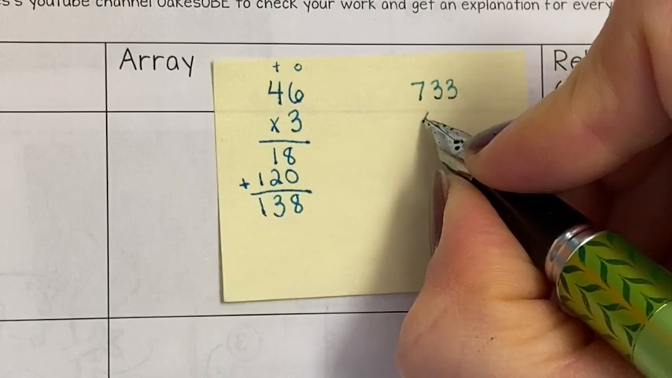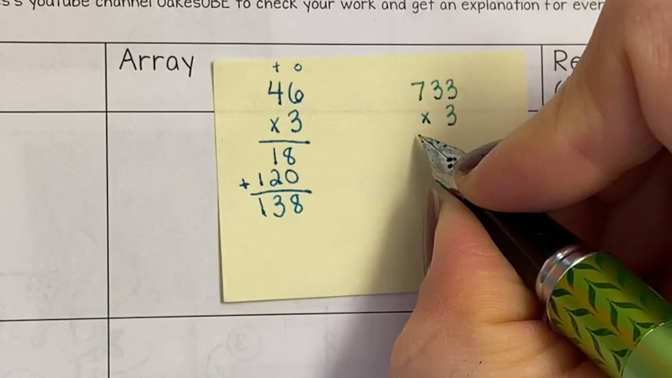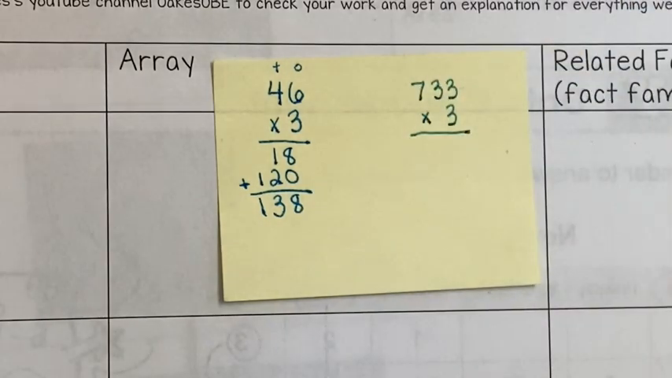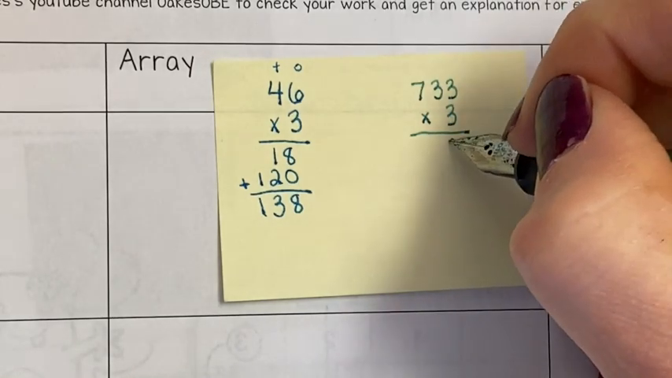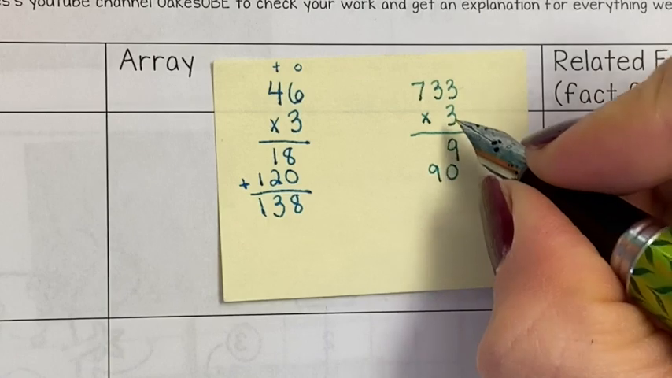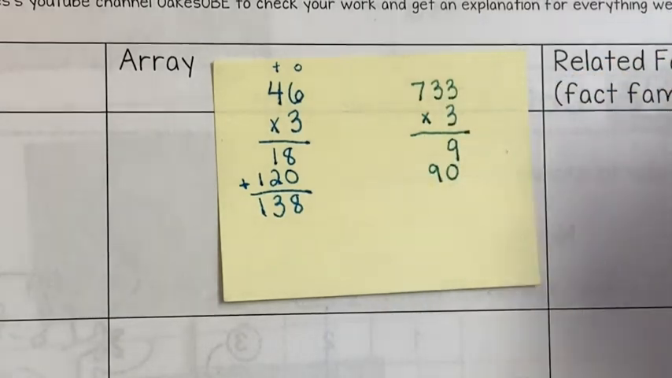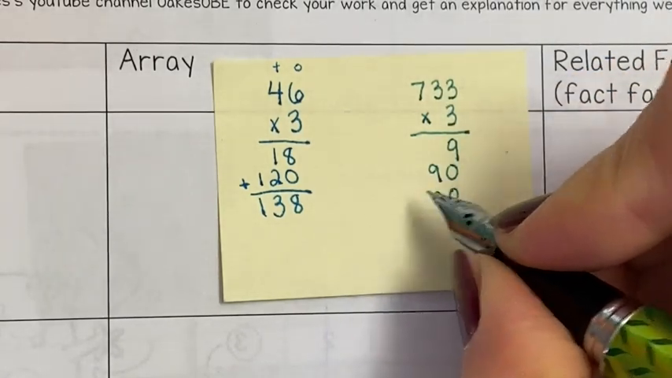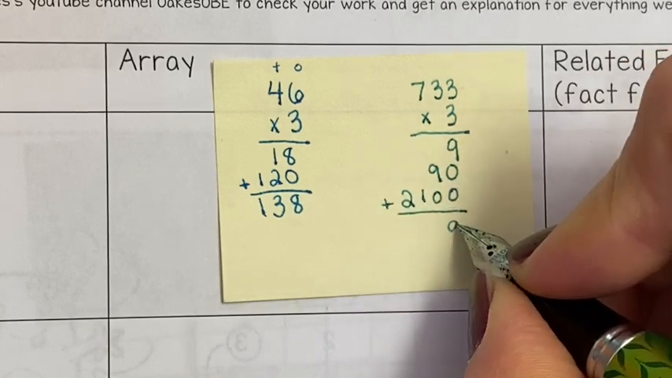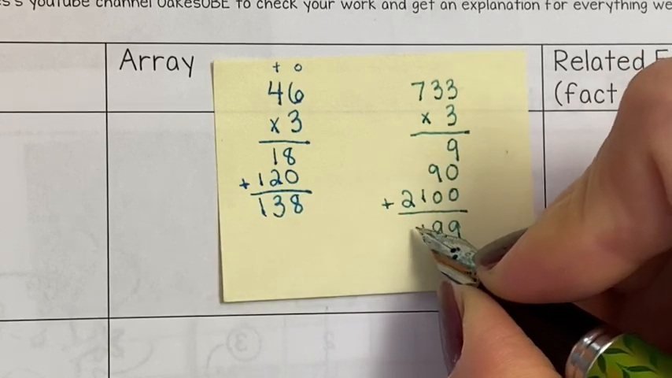733 times 3. I don't know why I'm picking the 3s today. So I could even do 733 times 3. I just have to know my facts. 3 times 3 is 9. 3 times 30 is 90. 3 times 700, I just do 3 times 7, and it's hundreds. So I put 2 zeros. Look at this, guys. Because I knew my facts, I was able to